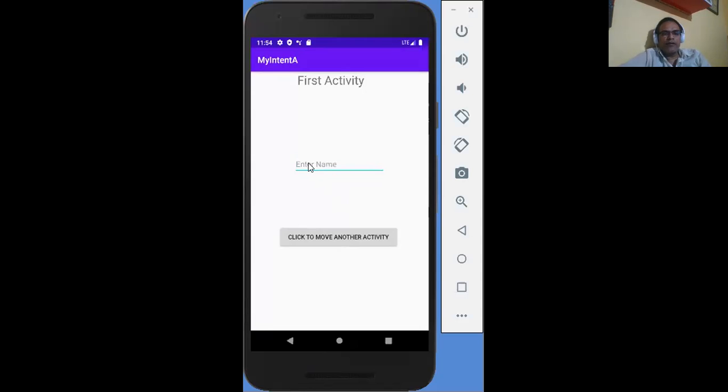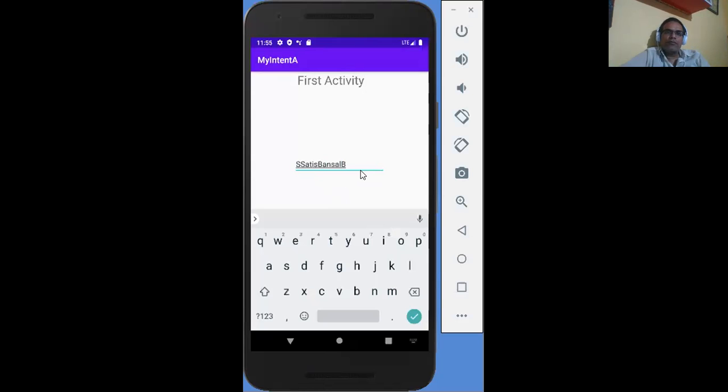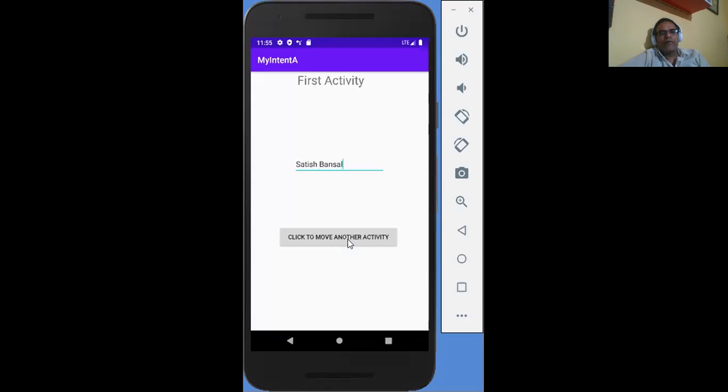So again, you can write here, we use the virtual keyboard here, or as well as the physical keyboard. So again, if you click on this button, you can see the second activity with hello Satish Bansal.